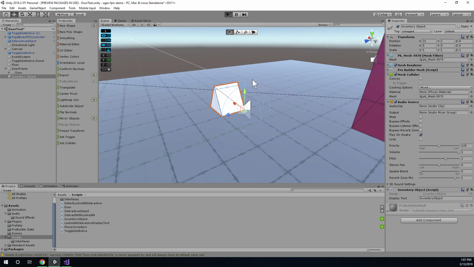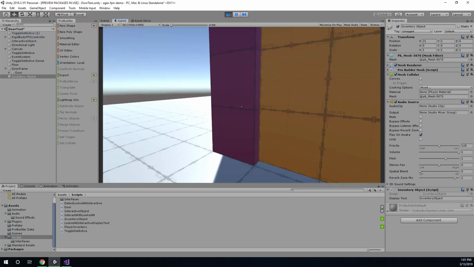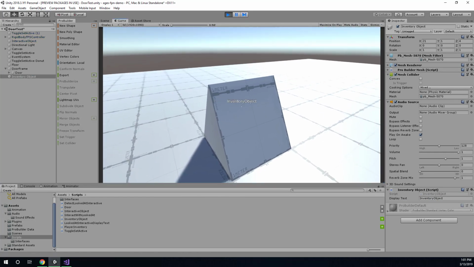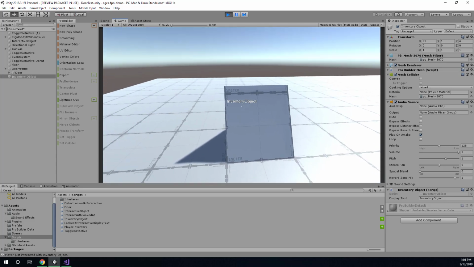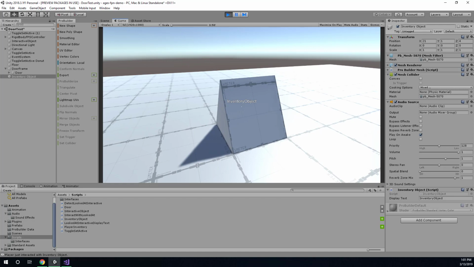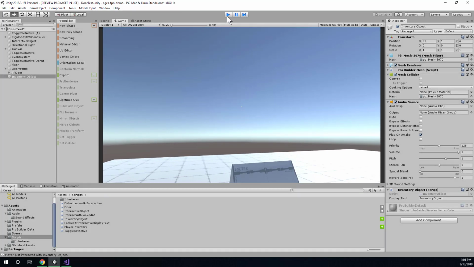So if I press play, I'm going to go look at it and it's an inventory object. Cool. And technically clicking it is going to add it to the inventory, but you'll never know. And I can keep doing it over and over, and that's not a good thing. So anyway,